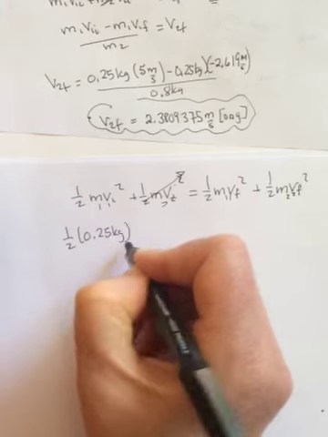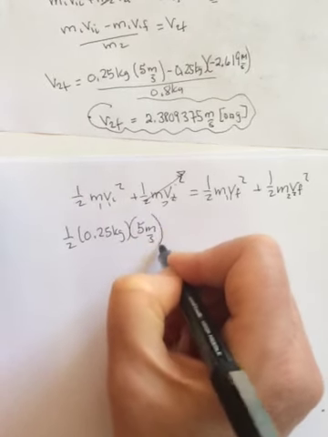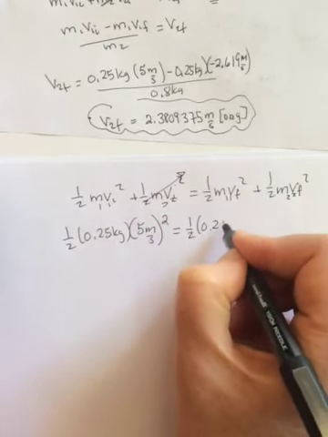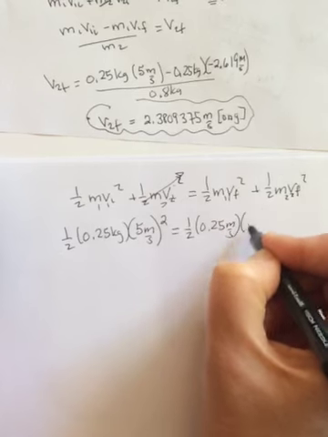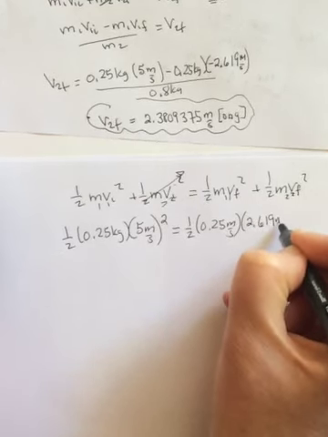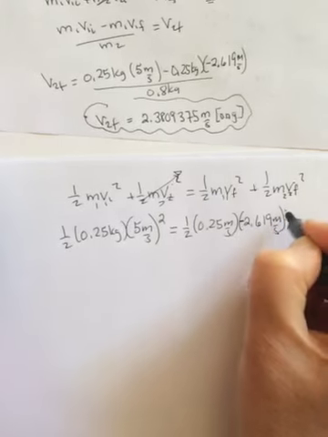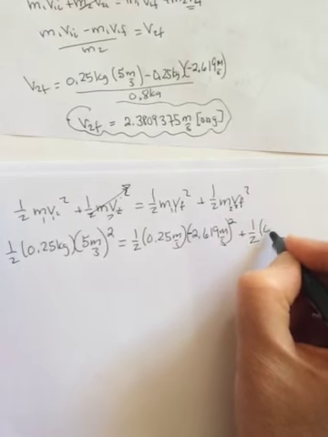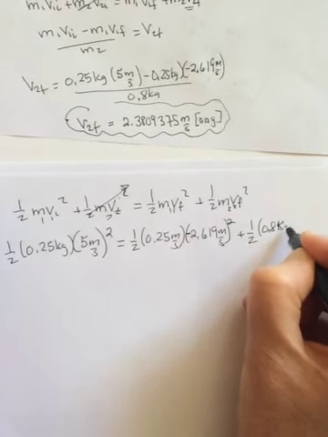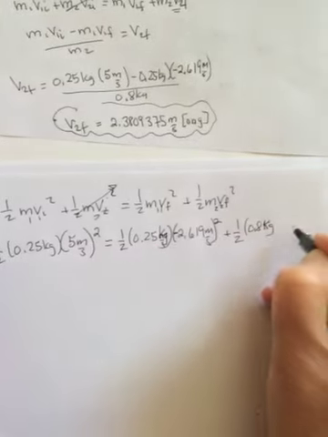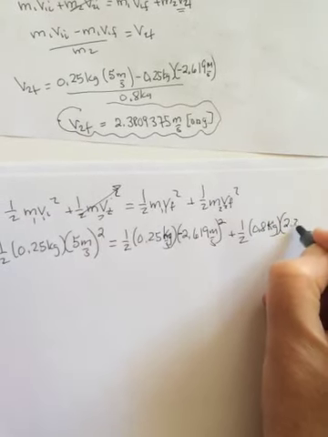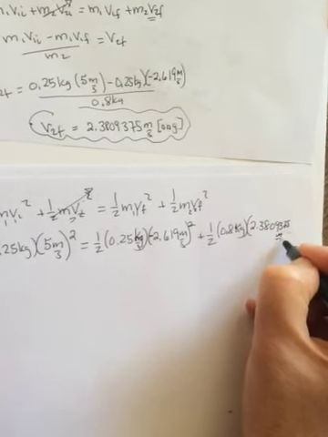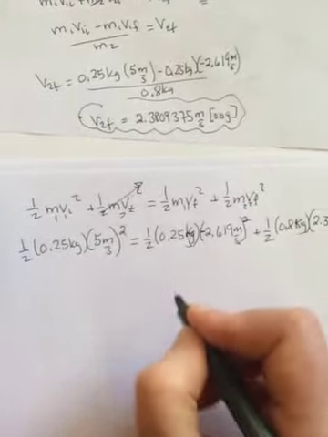0.25 kilograms. This was 5 meters per second. What gets squared here? Just the 5. It's just the v. 1/2 0.25 kilograms, 2.619 meters per second. And I guess you can put the negative there if you want, but remember it gets squared, so it really doesn't matter. Plus 1/2, I'm going to run out of time. So close. Kilograms, this is really a kilogram, times 2.3809375 squared. And now you're going to punch this in before you start the